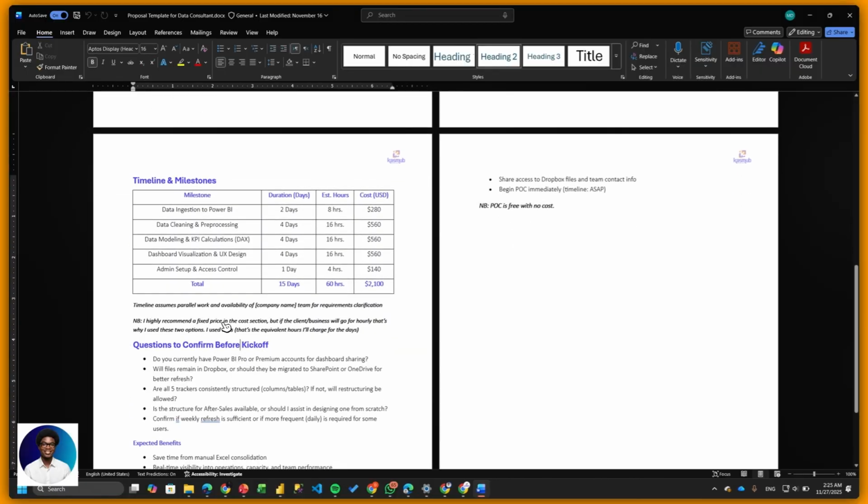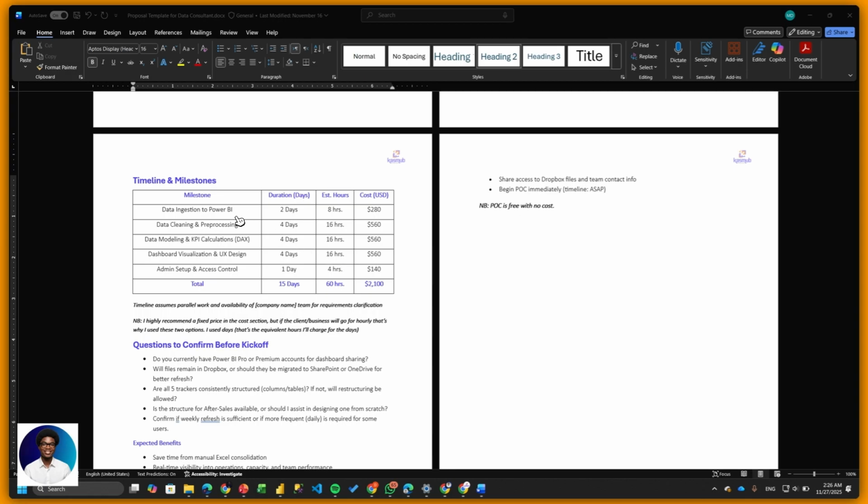Here, I always recommend charging a fixed price. I don't do hours, but if you work on a freelance platform or anywhere like that, that's the reason I put two options here, whether you want to charge hourly or daily. I mostly use this for most of my proposals, but it depends. You calculate your rates per hour. If it is on a platform or through agencies, calculate your rates per hour. You look at the days it will cost you and put it there. If you are spending 8 hours in a day or 4 hours in a day, in 2 days you're spending 8 hours, and you put your actual price equivalent to that. And that's how you charge.